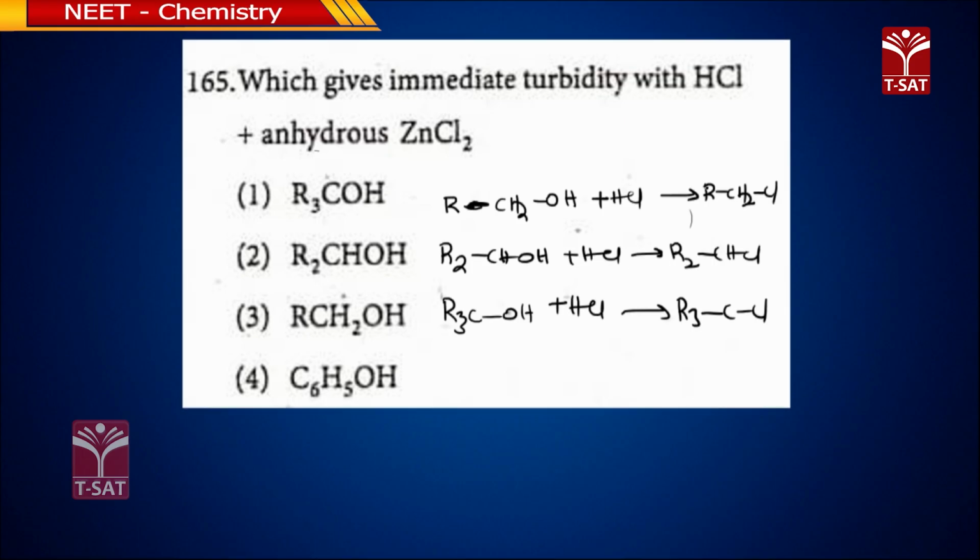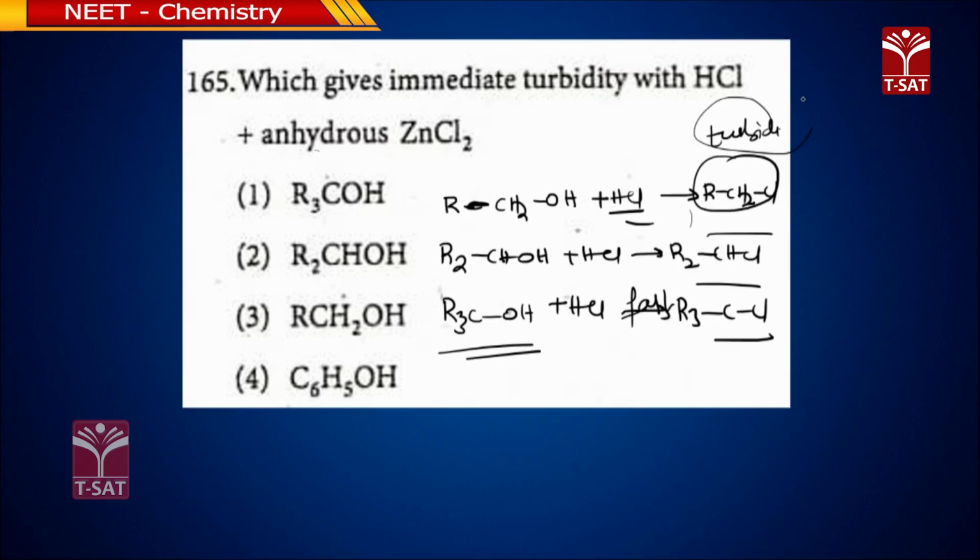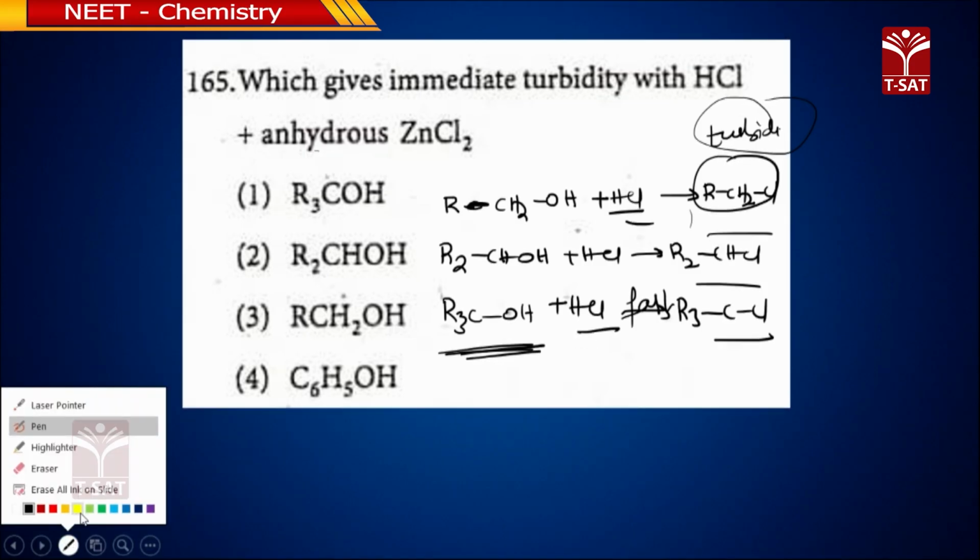See, in all these reactions it forms alkyl halide. This is nothing but a turbidity, but the reaction occurs very fast in case of tertiary alcohol. Alcohols react with HCl and form alkyl halide, and the alkyl halide itself is a turbidity, but tertiary alcohol reacts very fast with HCl, because in case of tertiary alkyl halide